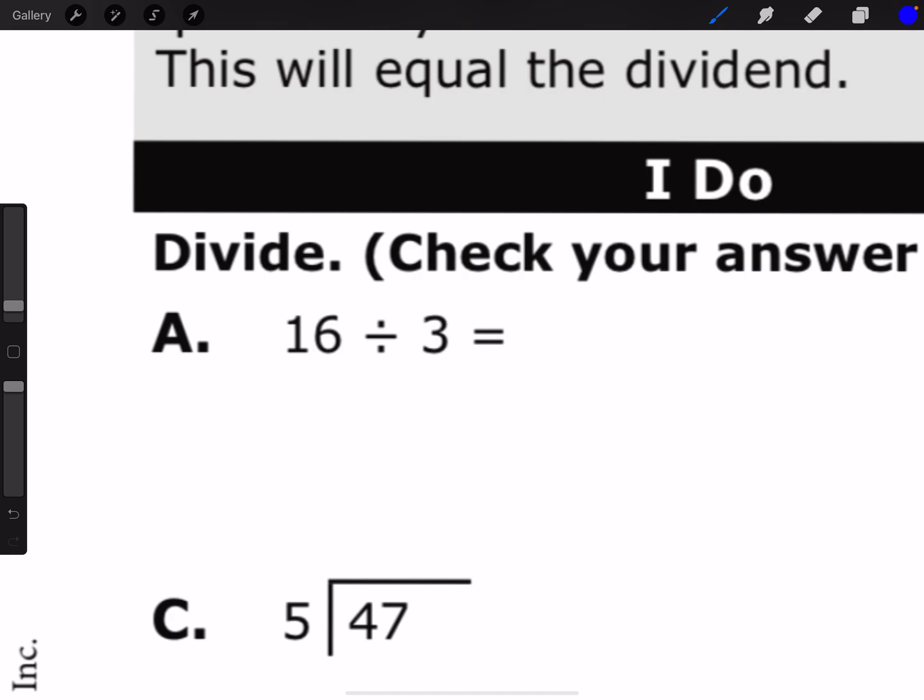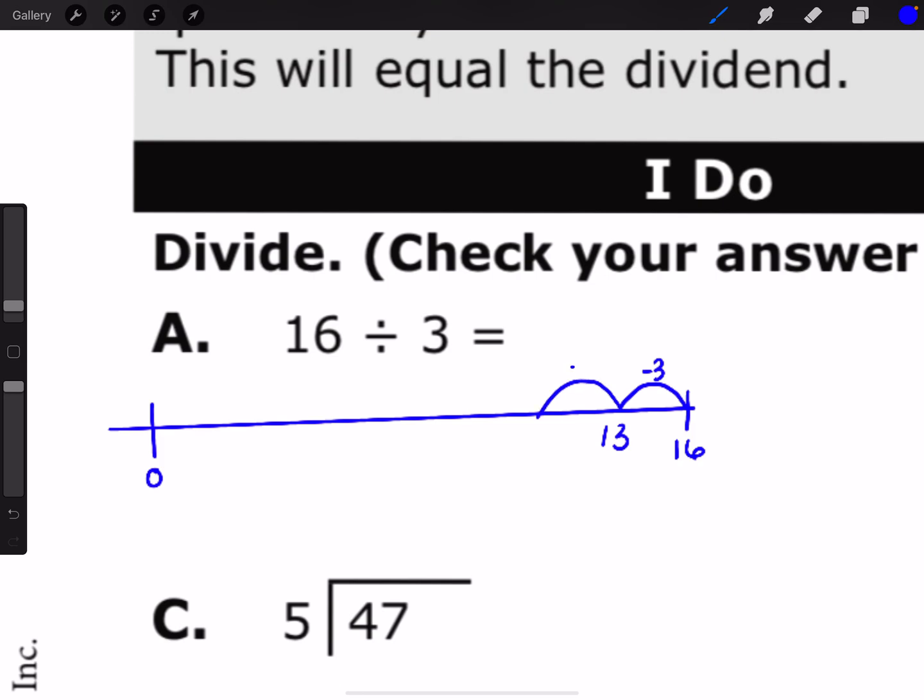So again, let's do repeated subtraction. We're going to start with a 0, and then we're going to go clear up to our dividend, which is 16. And we're going to do repeated subtraction back in groups of 3. So 16 take away 3 is 13. Take away another 3 is 10. Take away another 3 is 7. Take away another 3